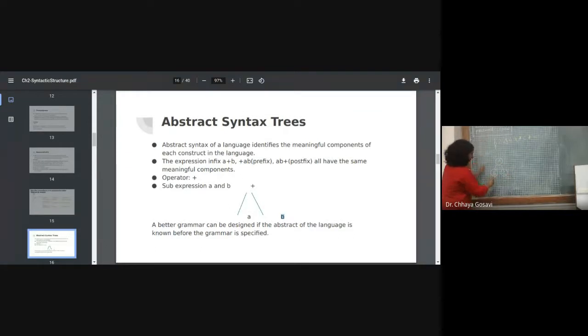So now we can call it as 1, 2, and 3. Initially we have 1 and 2 in our stack. We pop these two with respect to the operator and add it here. So now in the stack we have 3, that means this node. Now again there is an operand, create one more node. Operand, create one more node. Then there is an operator. So for this operator, here we have node 4 and 5, and for the operator we have to pop 4 and 5 and create a tree.